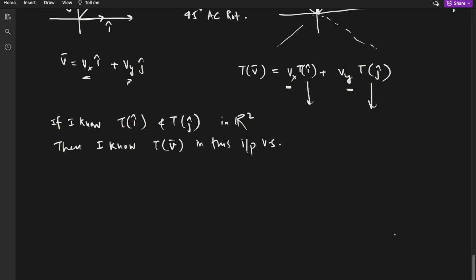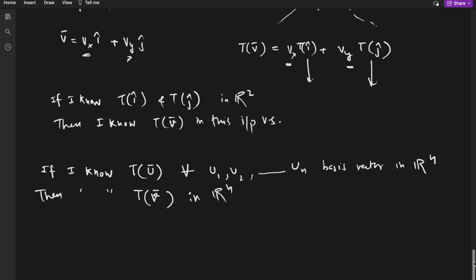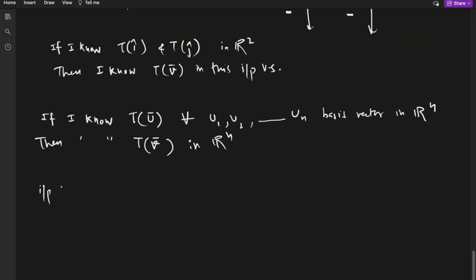So if I generalize this, then if I know T of u, vector u, for all basis vectors u1, u2, up to un in Rn, then I know the transformation for any vector v in Rn. So for example, if the input vector space is R cube,